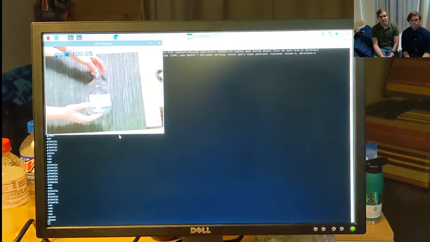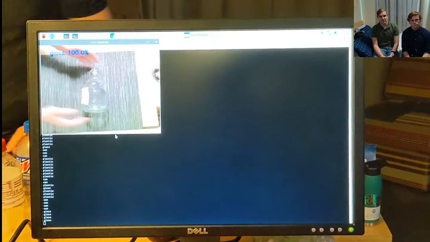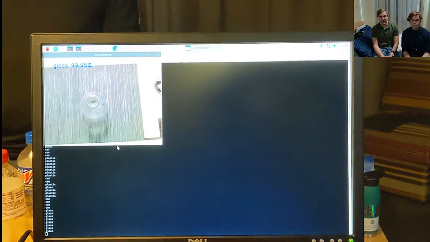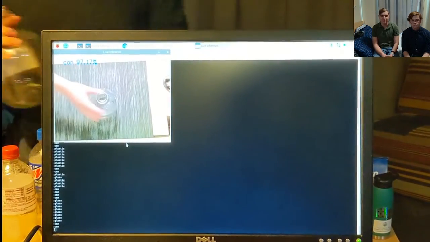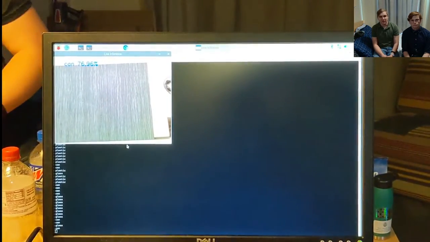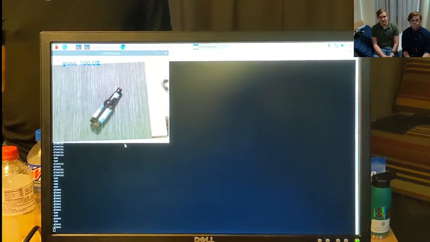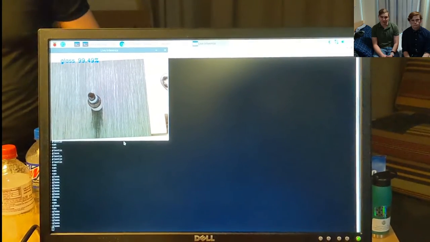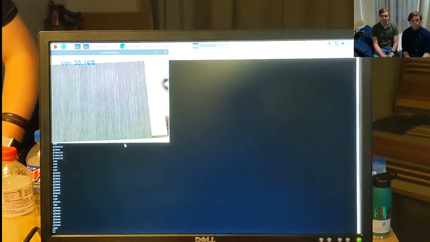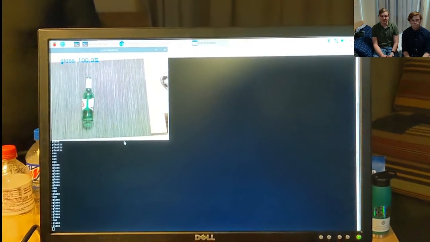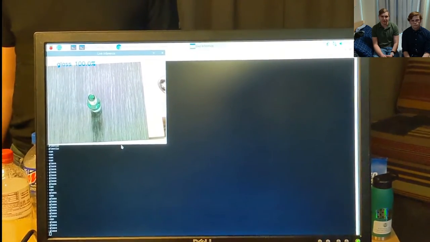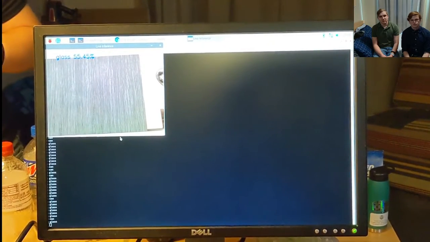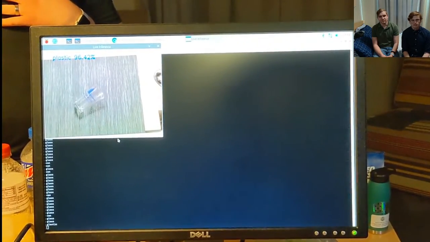So we have our glass data set here, and as you can see, it's very certain that this is a glass. That's a kind of oblong shaped glass, so we were very pleased, and that's the can confusion that we've been talking about. And now with these kinds of glass bottles, it's very certain of what it's seeing. Even when it's vertical, it's still certain it's a glass. We see that with less transparent glasses with different colors, it works better for these ones. We think it's so certain of glass because our data set had a lot of very good glass